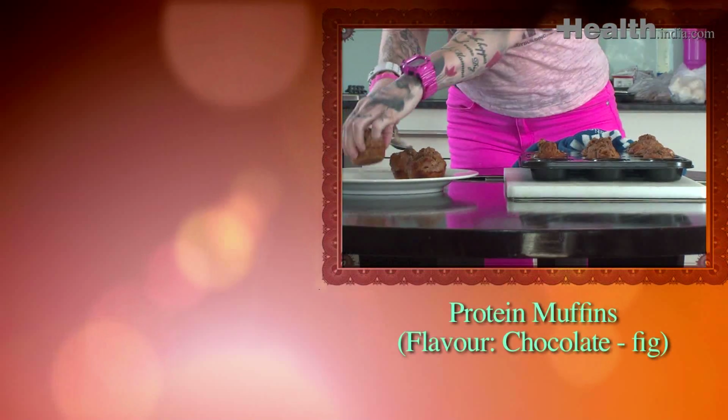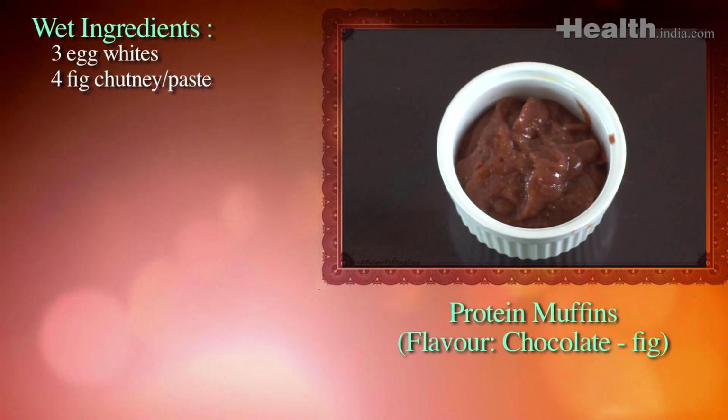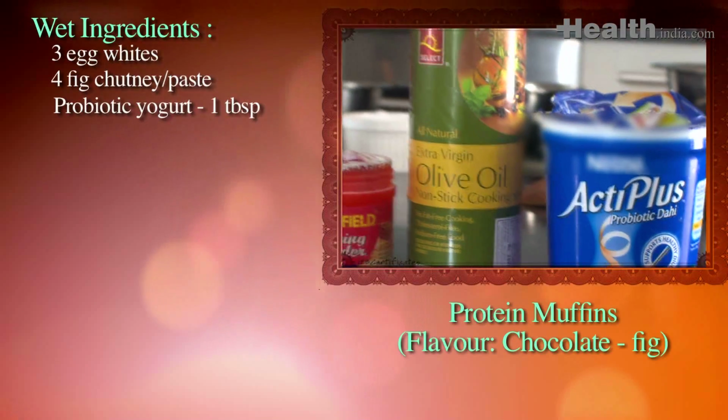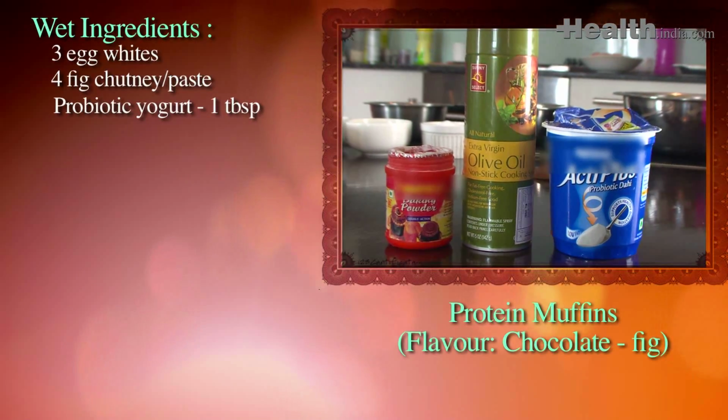So today we're going to do my protein muffins, and the flavor of today is chocolate fig muffins. Here's what you need. Wet ingredients: 3 egg whites, fig chutney or paste made of 4 figs preferably, 1 tablespoon of probiotic yogurt. For those of you who are vegetarians, you could skip the egg and add 1 more tablespoon